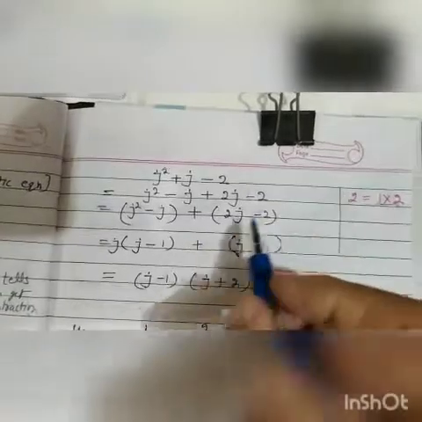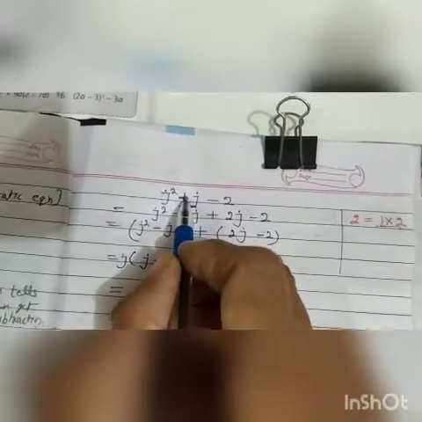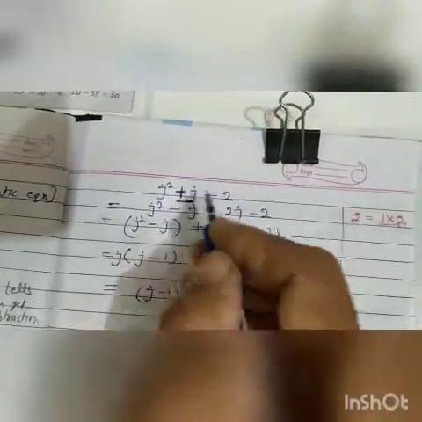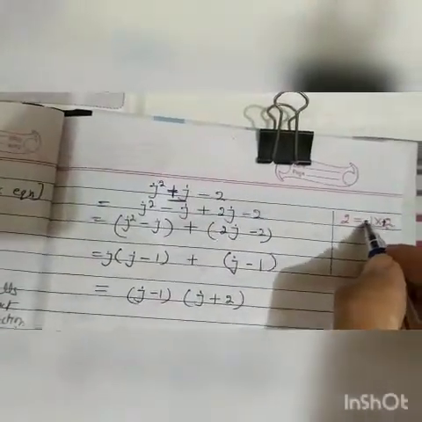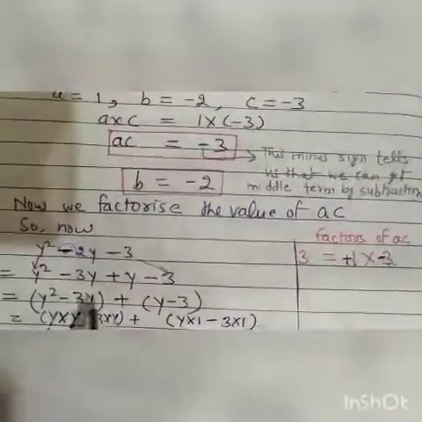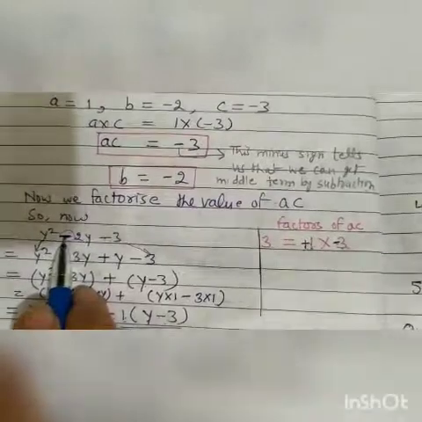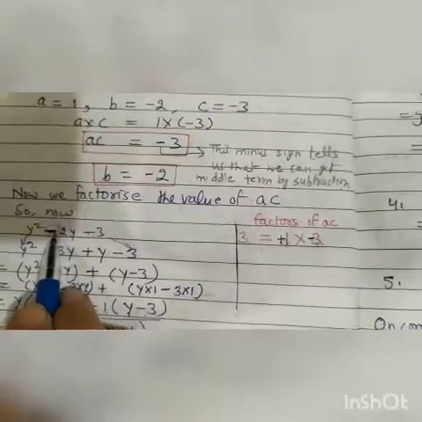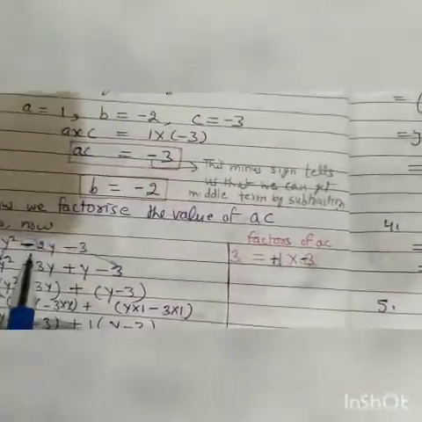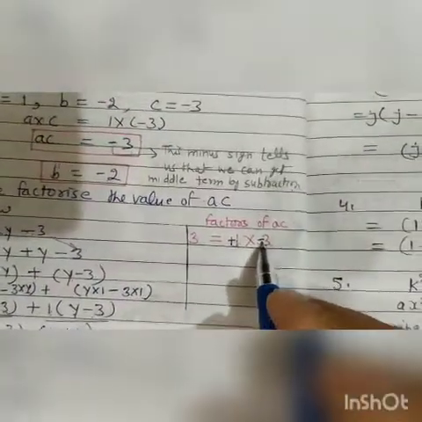Now adjust the sign. What is the sign of the middle term here? This middle term sign is plus. So this sign will be taken with the greater number, and with the smaller number we will take the opposite sign. Students, see in the second question what was the sign of the middle term? It was minus. So we put this minus sign. This middle term sign is always put with the greater number. Here the sign of the middle term was minus, so we put this minus with the greater number and the opposite sign with the smaller number.